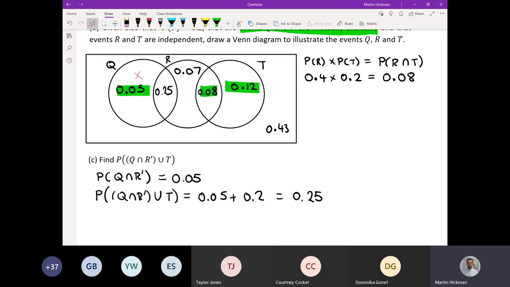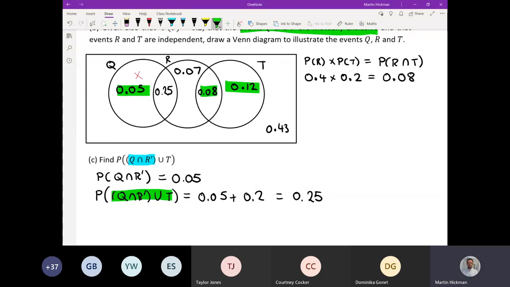Right. So this is where it can get a little bit confusing. Because I'm only looking at an OR event here, when I do this bit, this means I'm looking at Q happening and R not happening. So I'm saying if Q happens, R can't be happening. But when I look at the whole thing, if I separate it and look at that first event of Q and R not happening, work that out first, and then treat that probability of T separately. In this case, only one of these events needs to be happening. So that 0.08,